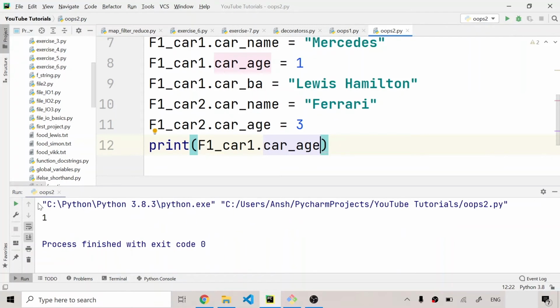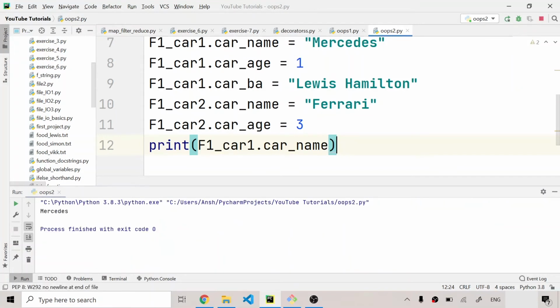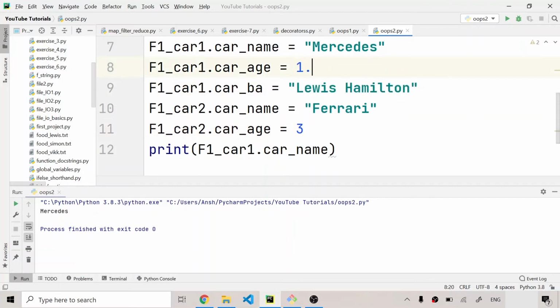and as you can see it has printed 1, and after that I can even do that for its name. So I've basically made some variable instances right here, and I can even do that for the second object. So you can make variables for many types. For example, I have made it for string, I have made it for integer, you can make it for float, and then you can make it for double, then you can make it for boolean, and also you can make variables for the list.